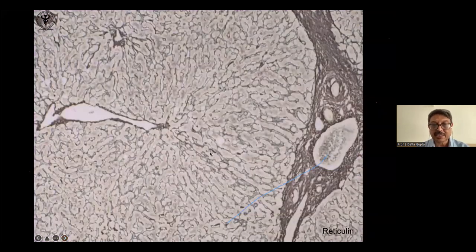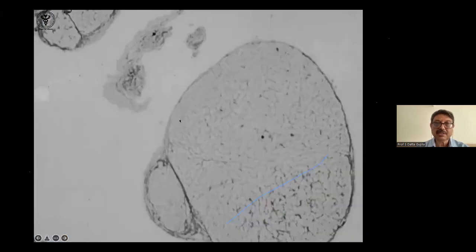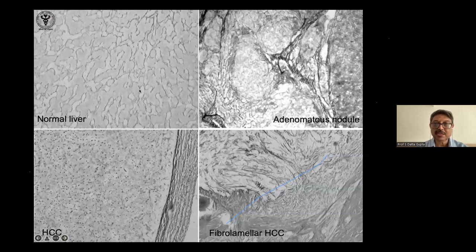This is a reticulin stain. With reticulin, we see the normal maze-like pattern of hepatocytes. When it becomes parallel, then we worry. It shows that the hepatocytes are becoming parallel, that we see in drawings, and it means there is an alteration in the architecture. You see this, and you can make out cirrhosis better because you can see this fibrous tissue around nodules with the reticulin staining. This is the normal liver. When the reticulin disappears, then you worry.